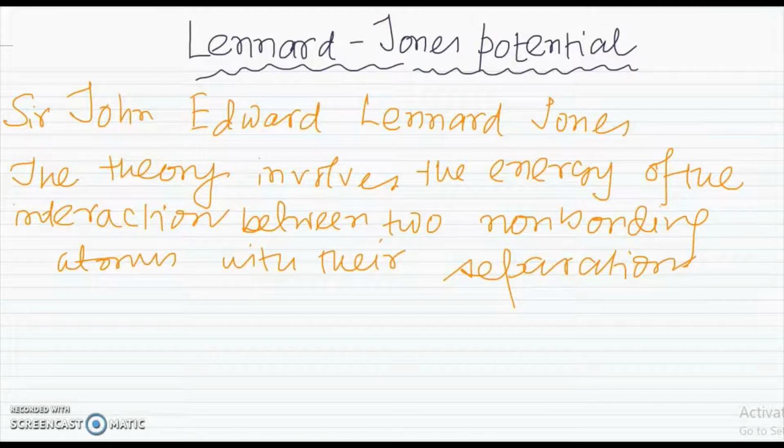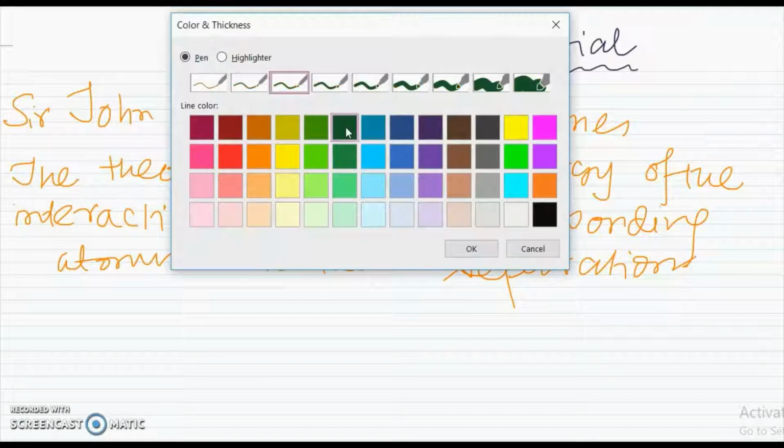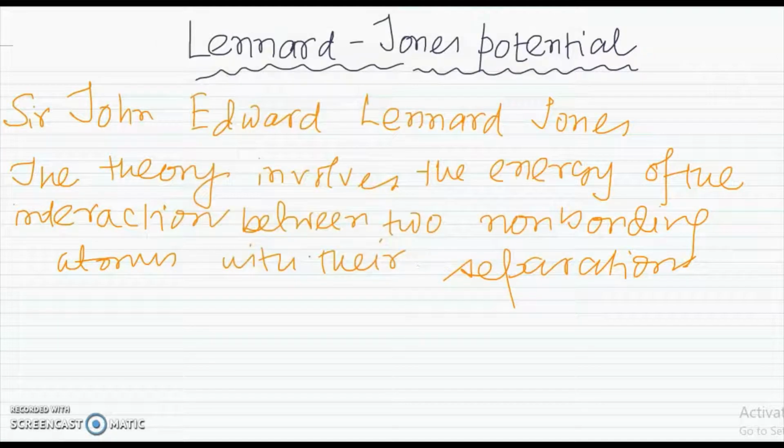The potential equation comes from the sum of two different kinds of forces. One is the attractive one, another one is the repulsive one. So what are the attractive kinds of forces? I mean the dipole-dipole interaction, the dipole-induced dipole interaction, and the London interaction. So we can write the attractive forces like